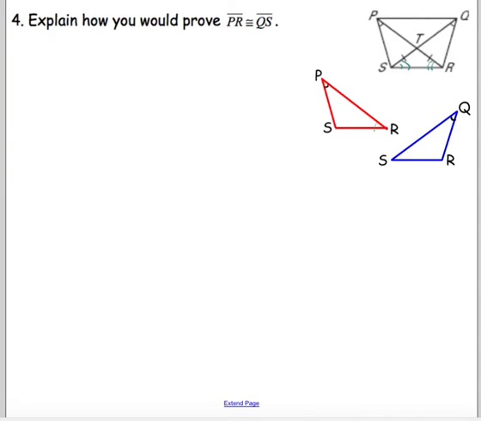So angle R in this red triangle and angle S in this blue triangle, which is where those came from, are also going to be marked congruent. And with your overlapping triangles, they also hide shared information like a shared angle or a shared side. These particular triangles share the side from S to R. So segment SR in each of these is an overlapping piece, and they both have that, so you can mark